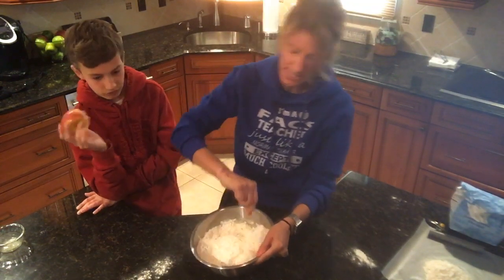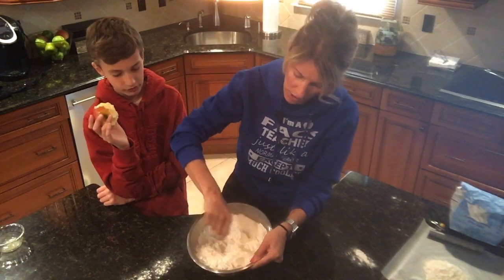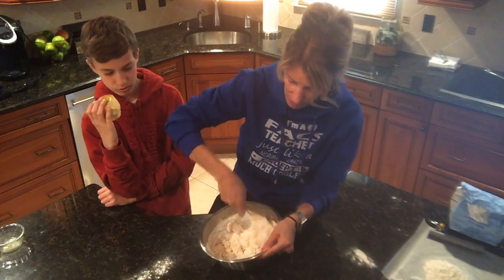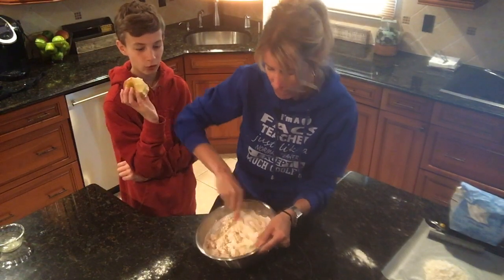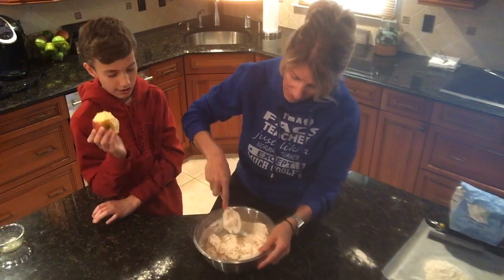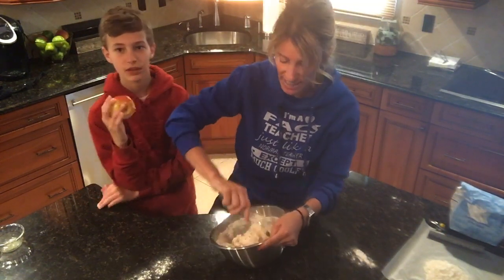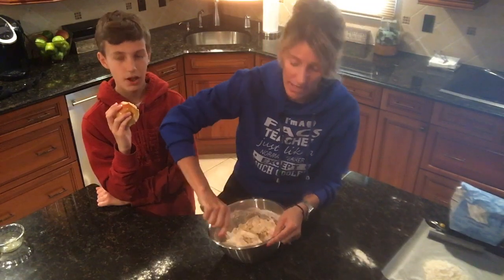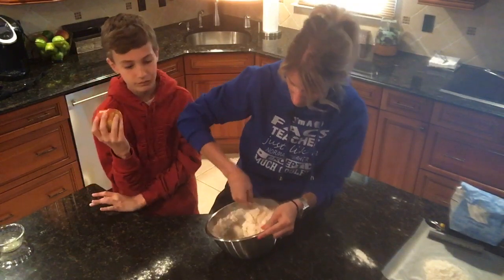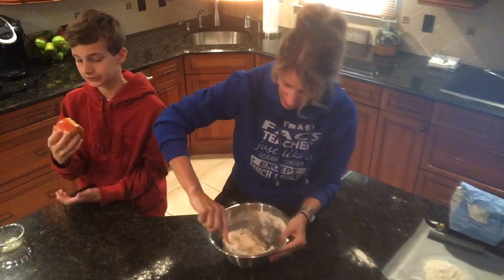Okay. So like I said, I like using a regular large metal spoon, and I do like using the metal bowl. It just seems to work better, right? So like I said earlier, if you have an electric mixer with a dough hook, you would use that to knead, okay? But I don't have that. You may not have that. So that means we're going to get some extra big muscles today, because we're going to have to knead this dough for 10 minutes. So it's 10. Make sure you time it. It's very, very important that you knead the dough for the 10 minutes that it recommends, okay? Because that's what's going to make these pretzels